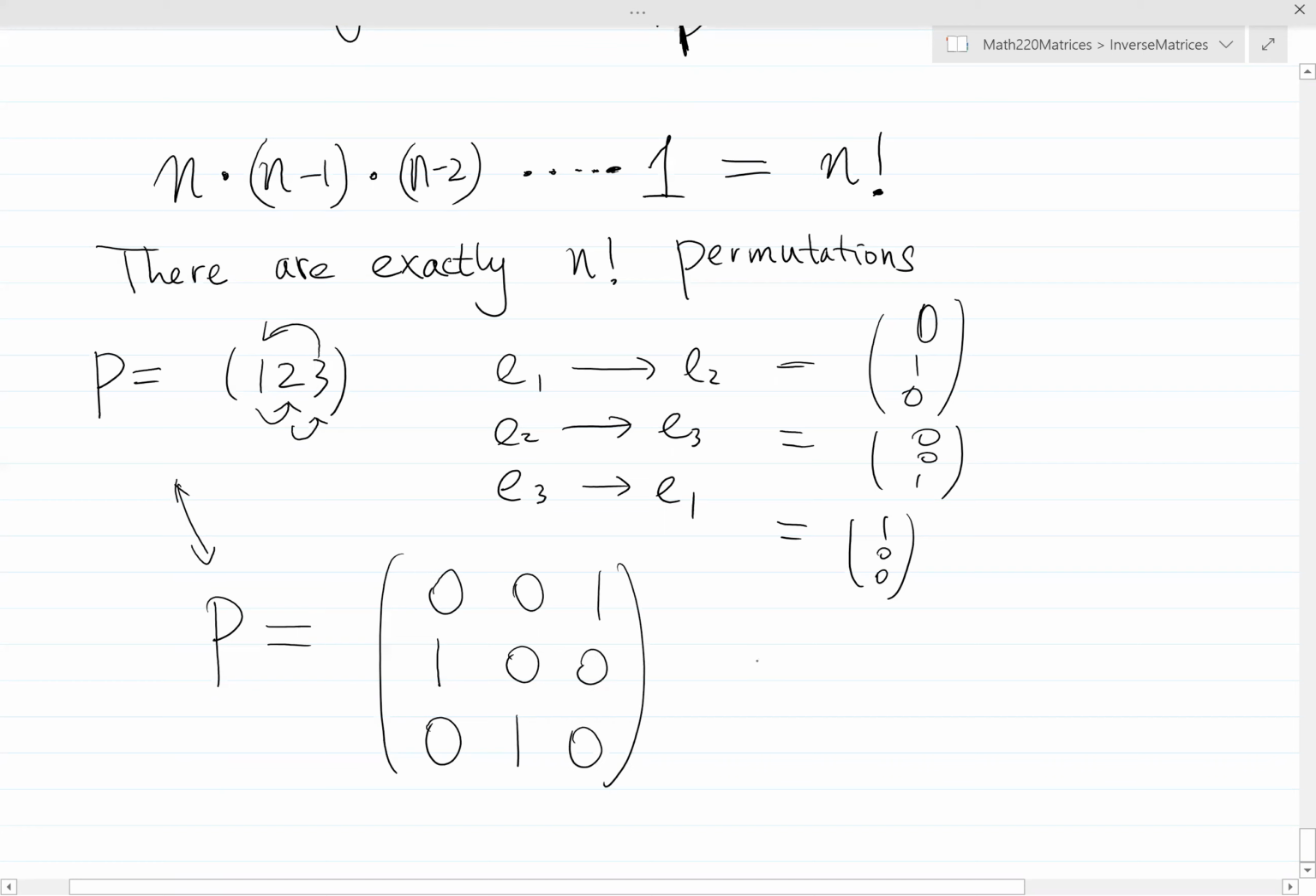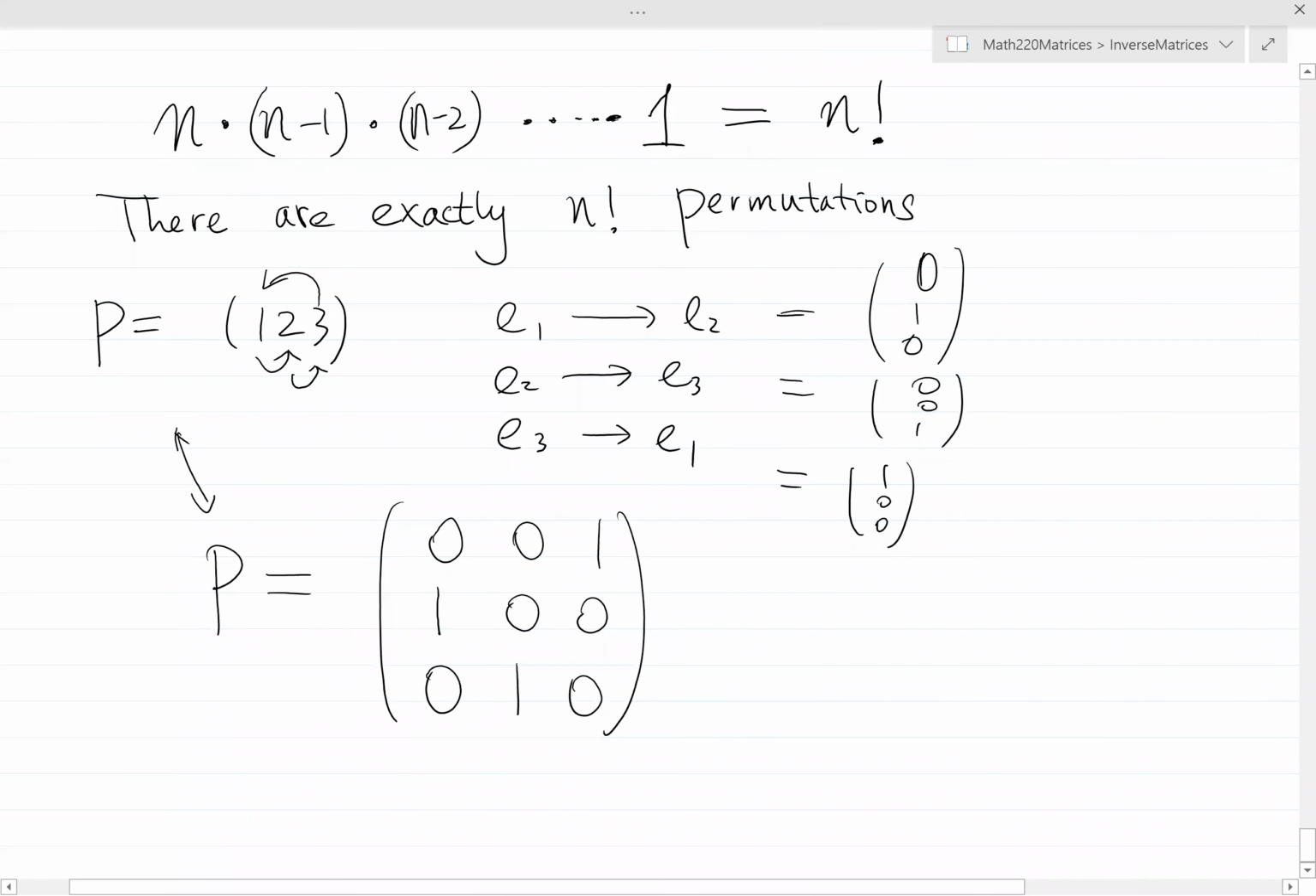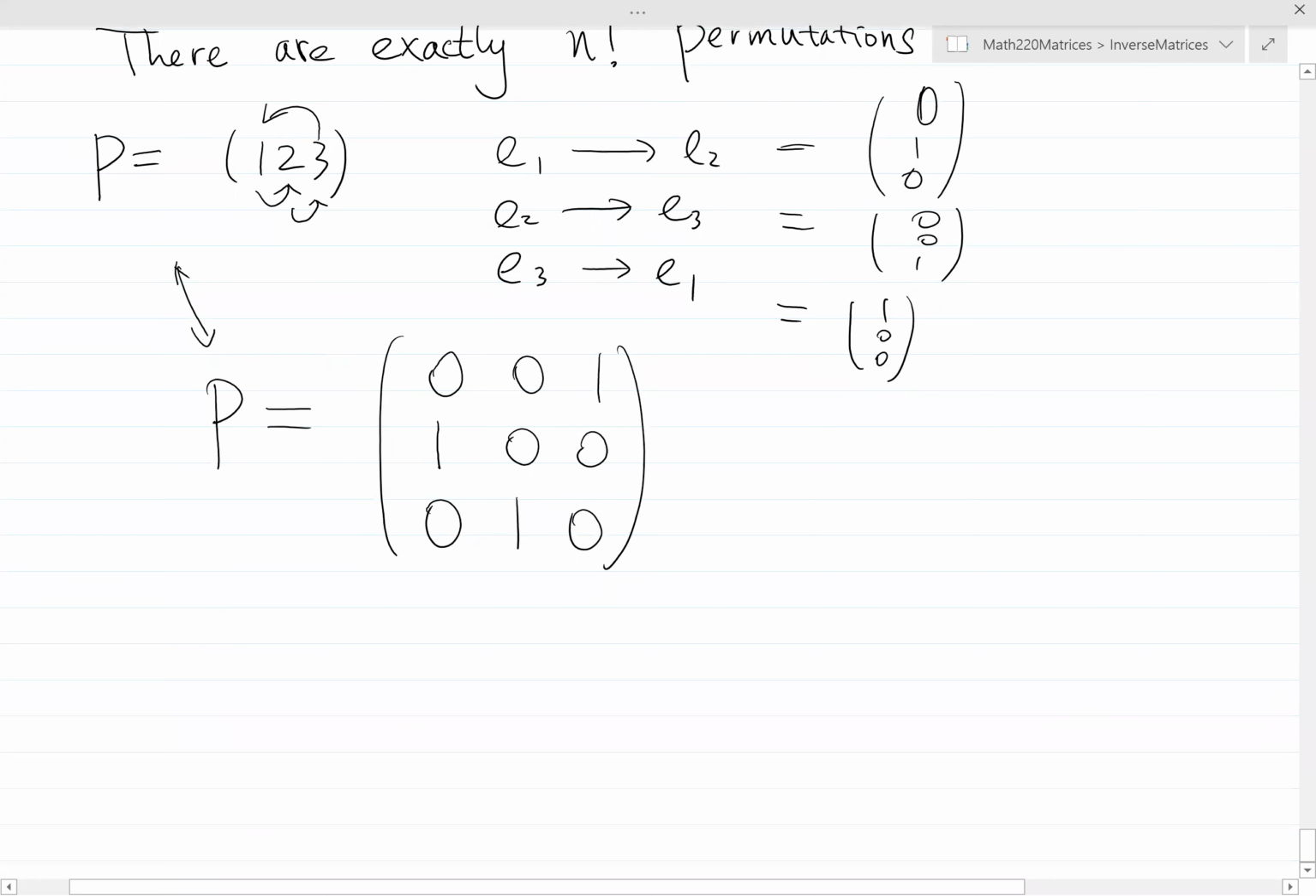Okay, so you can check this. What this matrix P does is exactly the permutation 1, 2, 3. Okay, now this example,